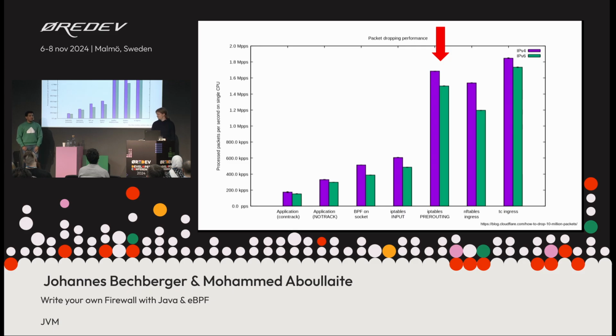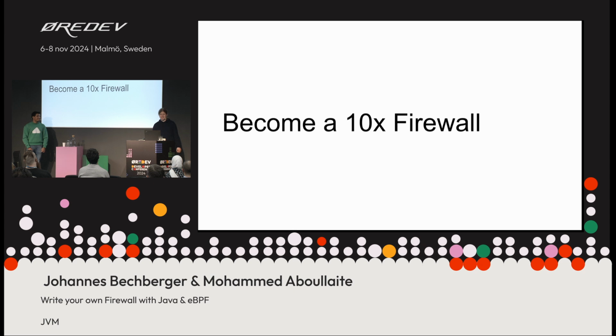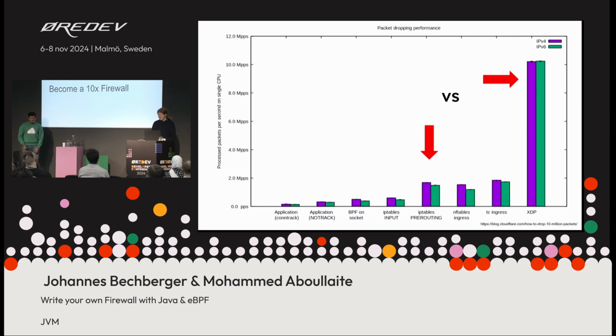But we're in the era of 10x developers, right? So we want to become a 10x firewall, don't we? So how can we achieve that? The same company, Cloudflare, managed to push it a little bit forward using XDP. XDP is the Express Data Path, which is a feature within the Linux kernel that helps you to handle network